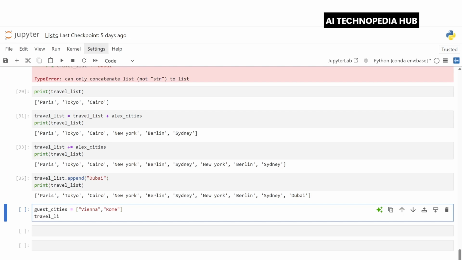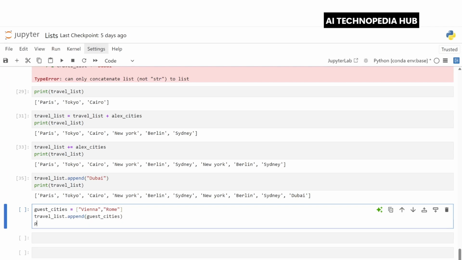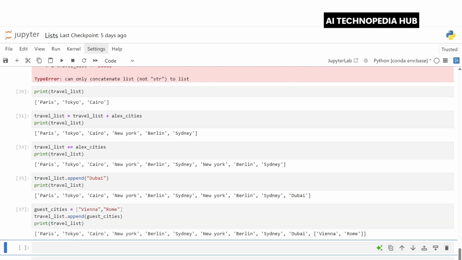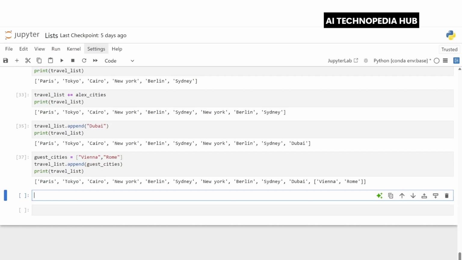Now in travel_list, we do the append, and then we pass this guest_cities list: travel_list.append(guest_cities). Now we will print the travel_list. So now when we run it, it has appended Vienna and Rome, which is the original guest cities list, in the travel list. So this is another way to append a list in the original list.